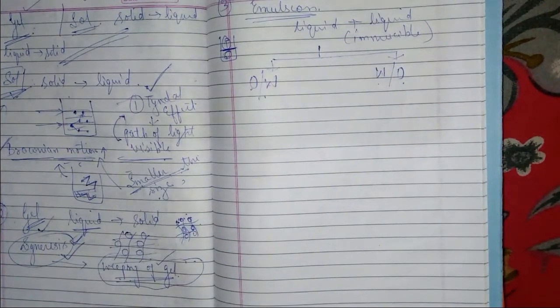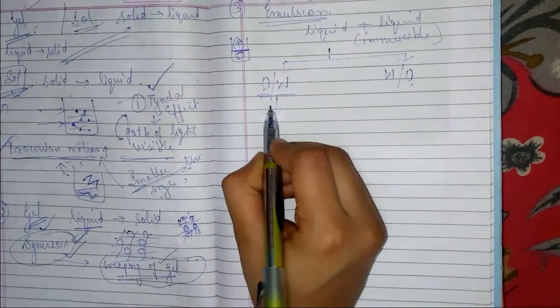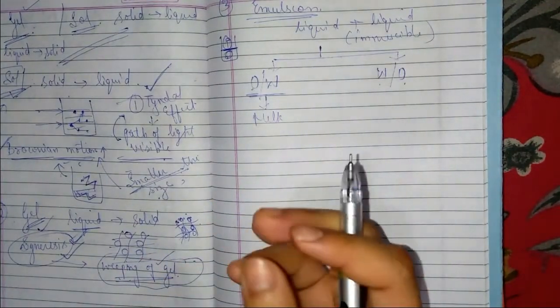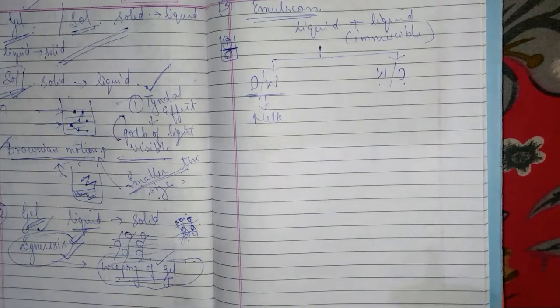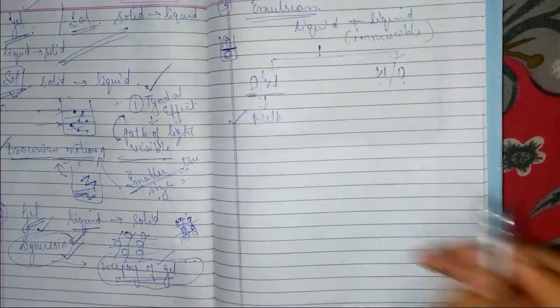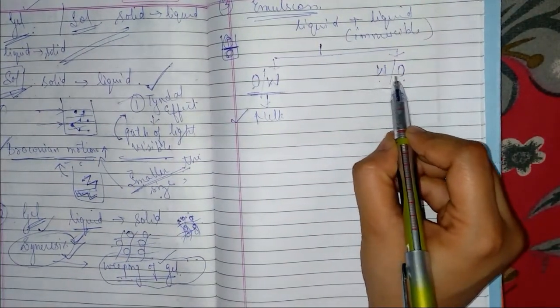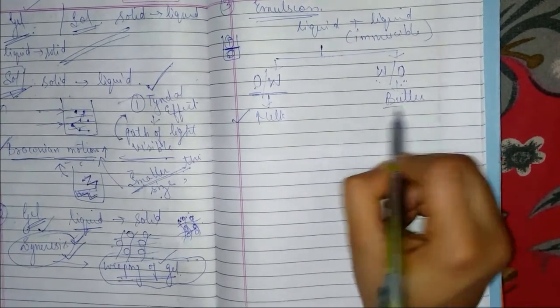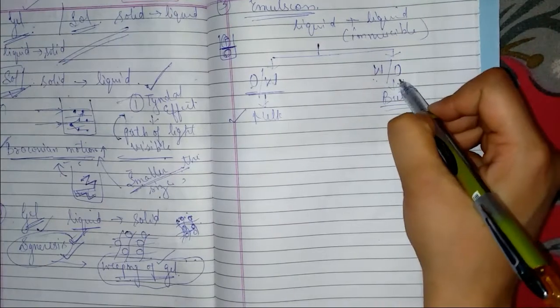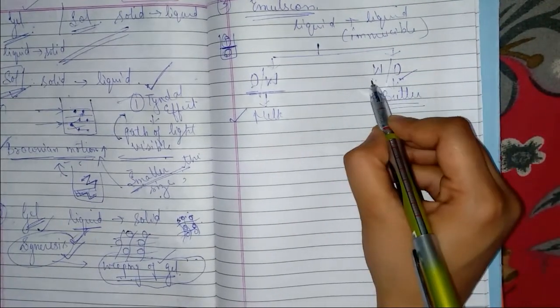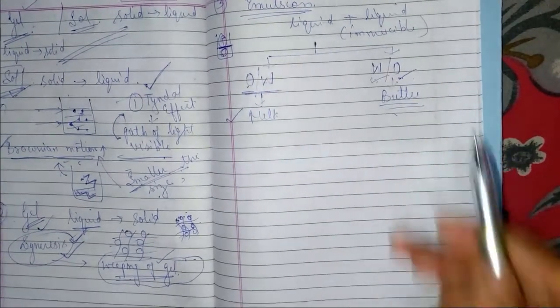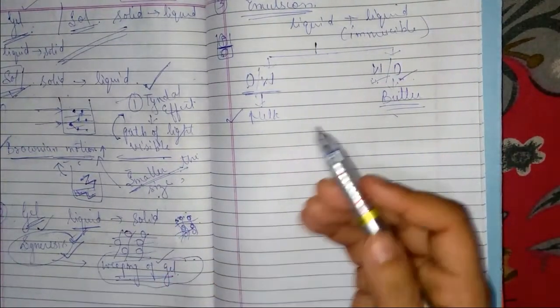If we talk about examples, the oil in water example is milk, because milk has nearly 85% water and a certain amount of fat is dissolved. So milk is an oil in water emulsion. And if I talk about water in oil, the example is butter. Butter is mostly oil and a little bit of water is dissolved in it. So butter is an example of water in oil. And also please search for various other examples.